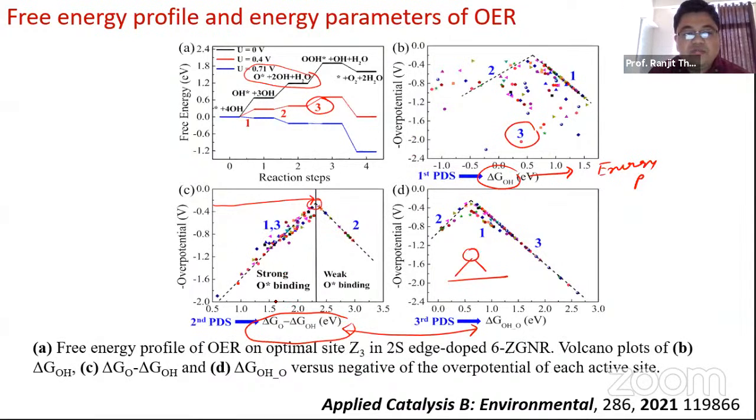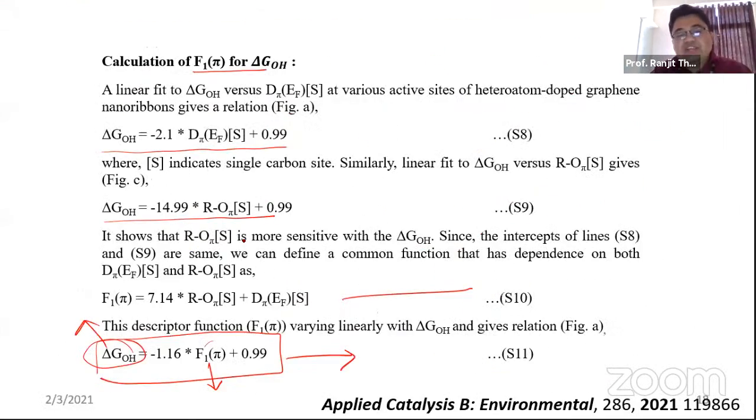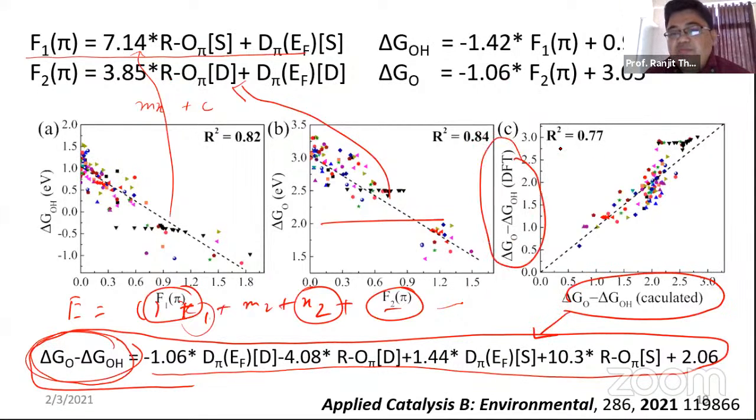Yeah. So if your value of overpotential is this, or delta GH is this, then your overpotential is 1.1, like that. So that means here what we have done, we are now defining an electronic descriptor by analytical methods, and we have predicted very well. This is the calculated one, which is using this equation and using DFT. And we have found that the R square value is 0.77.